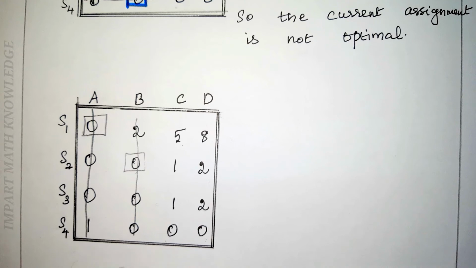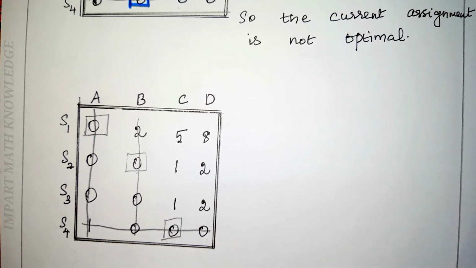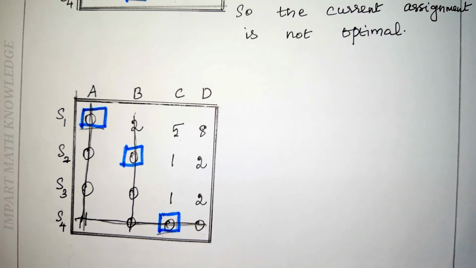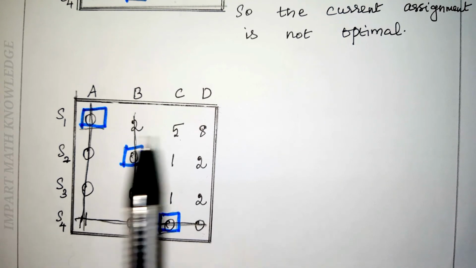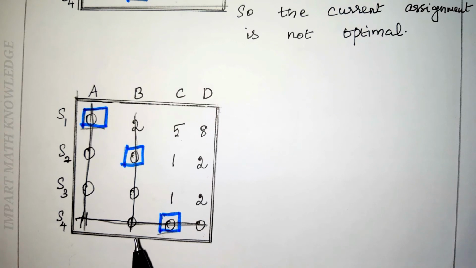Once you complete the row scanning, you have to check whether all the zeros are covered with lines. Here, these two zeros are not covered with lines. So, we have to go for column scanning. First column cancelled, second column cancelled. The third column we have one 0, so you put a square on it. After marking the square, you have to draw a horizontal line passing through that 0. After row scanning and column scanning, you check whether all zeros are covered with lines. Here all zeros are covered with lines.